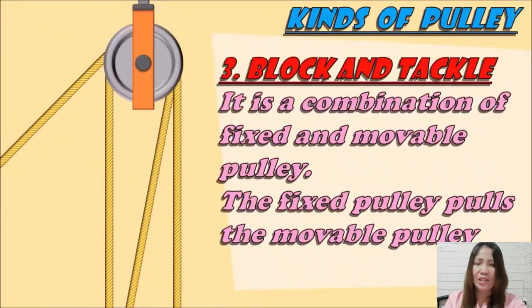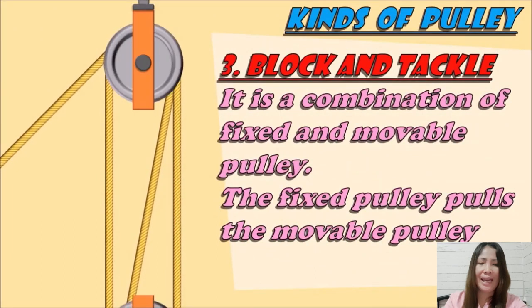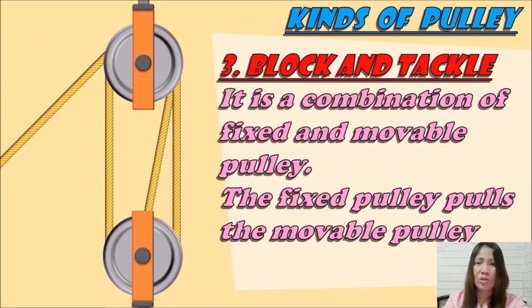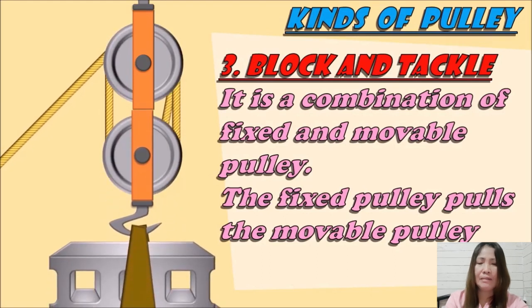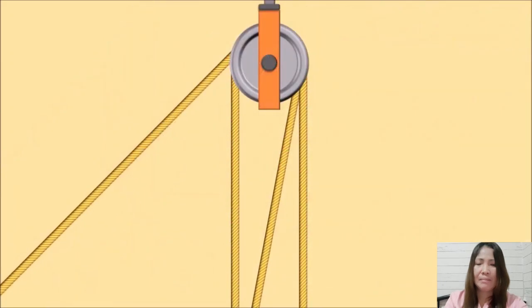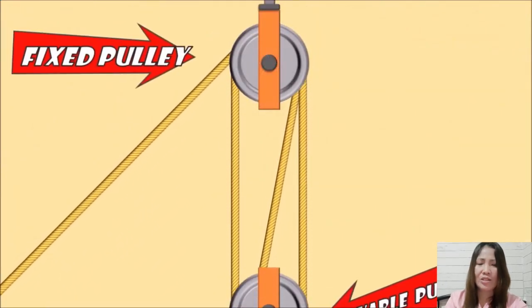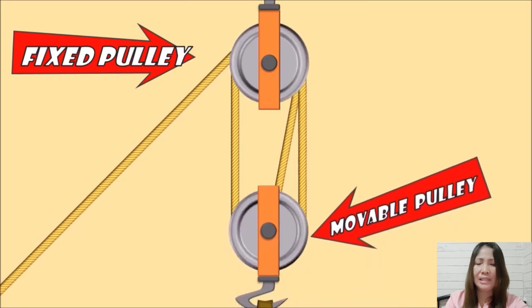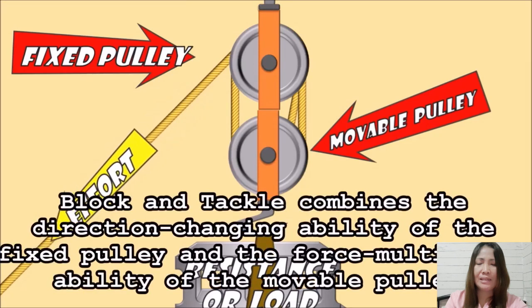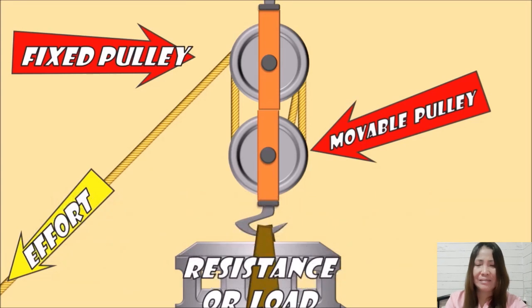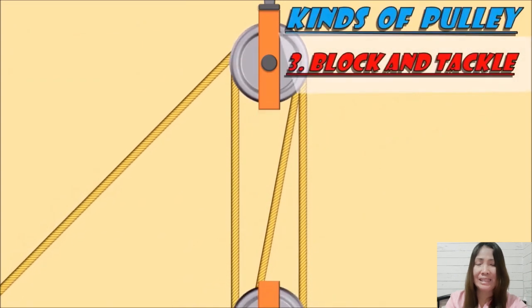The third kind of pulley is the block and tackle. It is a combination of fixed and movable pulley. The fixed pulley pulls the movable pulley. Block and tackle combines direction-changing ability of the fixed pulley and the force-multiplying ability of the movable pulley. Block and tackle, ito ay karaniwang ginagamit sa mga construction site para maitaas ang mga mabibigat na bagay tulad